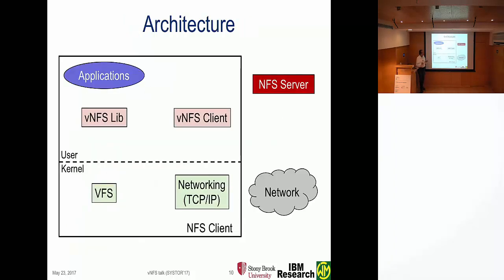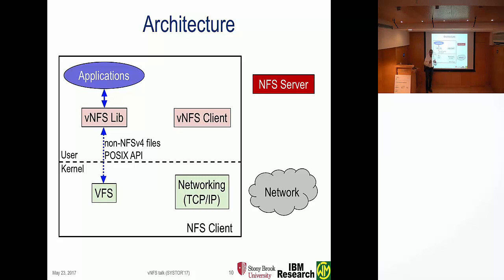The architecture is as follows. Applications will issue requests to our user level library that gives you the Vectorized API. If there's anything it does not recognize, it immediately just calls a regular system call. So this way you can inject this library into your applications and transparently you'll improve whatever it can improve. Otherwise, it's just completely compatible with POSIX.